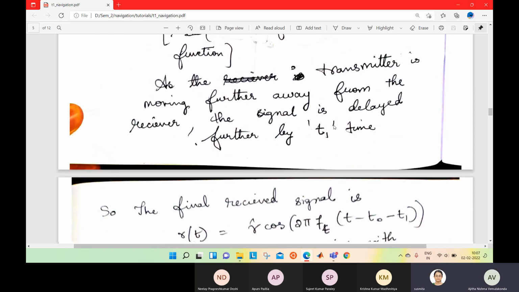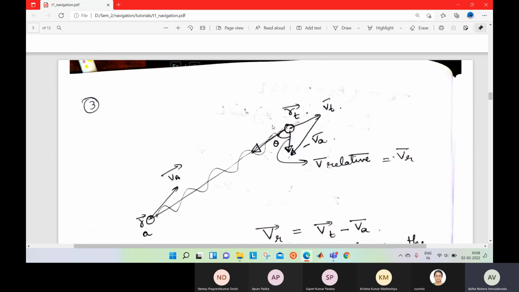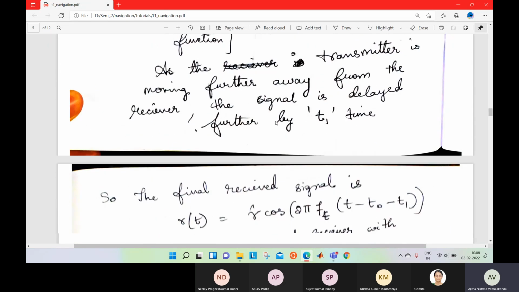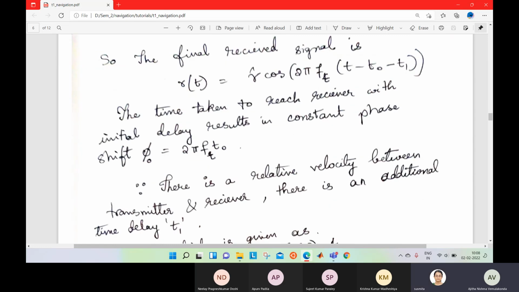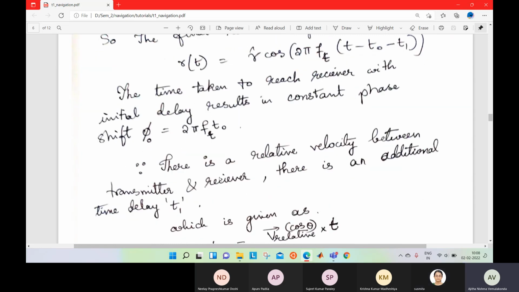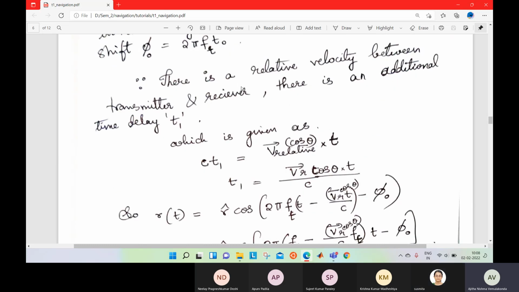That's fine. Next. As the transmitter is moving further away from the receiver, the signal is delayed further by t1. Since both are moving, there is a relative motion, so the signal will be further delayed by t1. So the final received signal would be this: A cos 2 pi f (t minus t naught minus t1). Here 2 pi f t naught is taken as a constant phase shift because it is the delay time for the wave to travel from transmitter to the receiver. And to find t1,